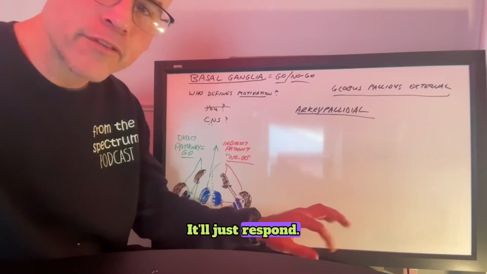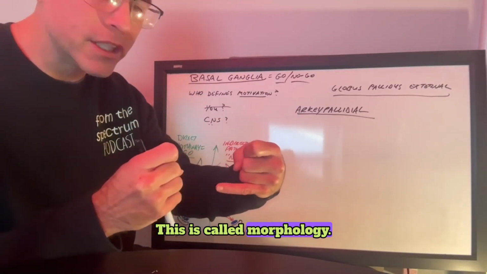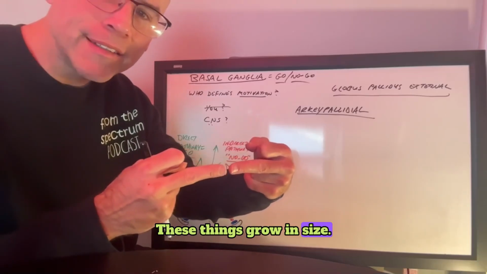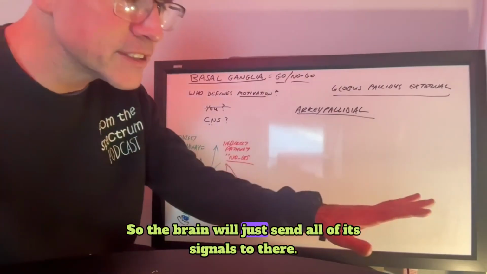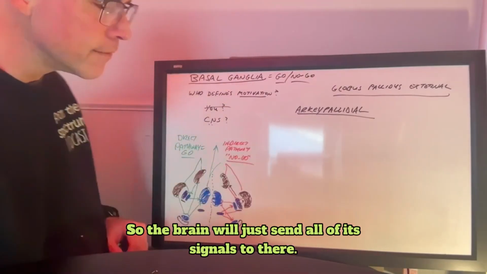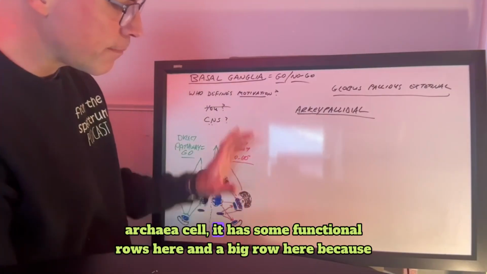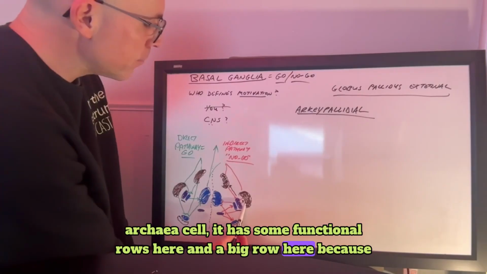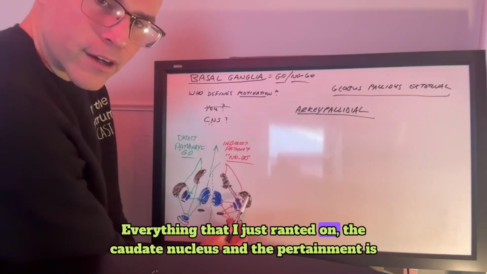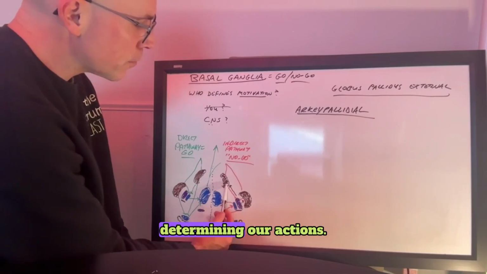It'll just respond. Remember those connections that are bigger. This is called morphology. These things grow in size. These bigger connections become preferred. So the brain will just send all of its signals to there. So with this arkypallidal cell, it has some functional roles here, and a big role here, because everything that I just ranted on, the caudate nucleus and the putamen, is determining our